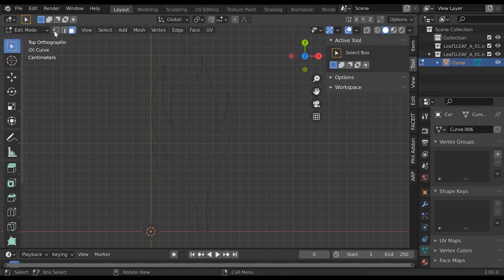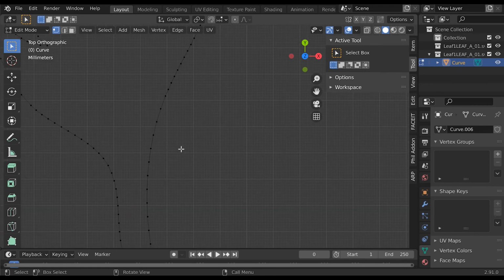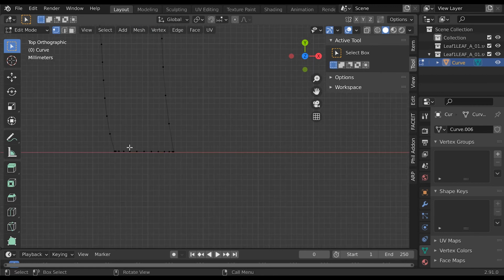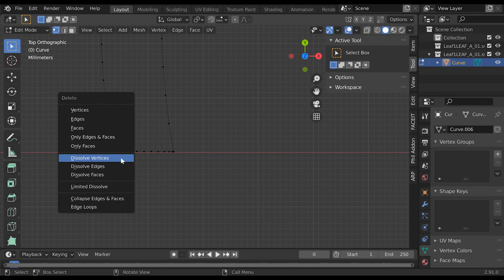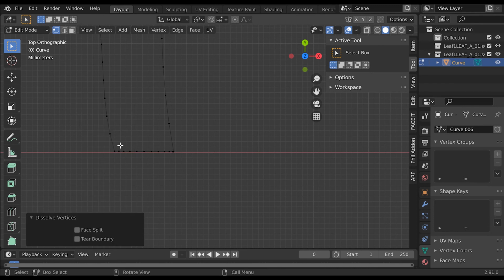Then I edit it, and now I have a nice distribution of my stuff. I can optimize a bit here, but I don't want to create just a line,